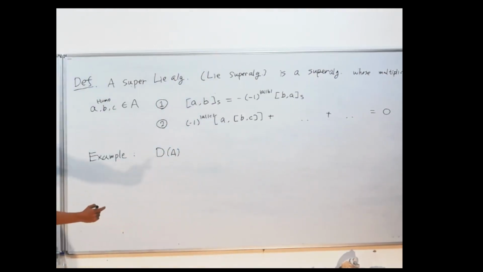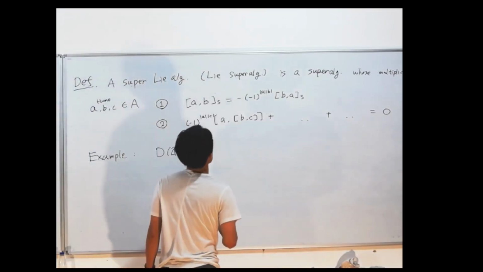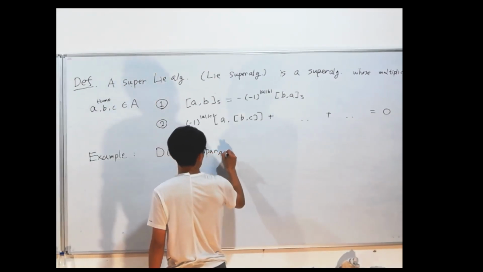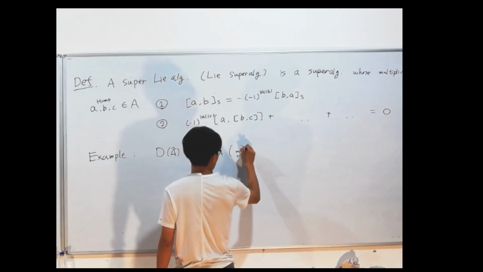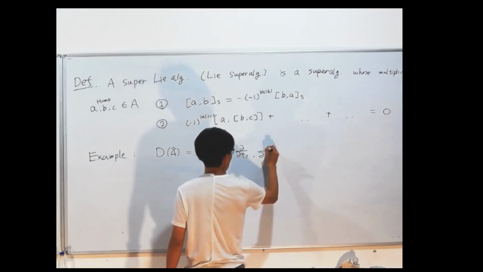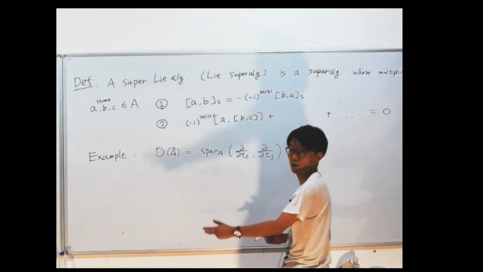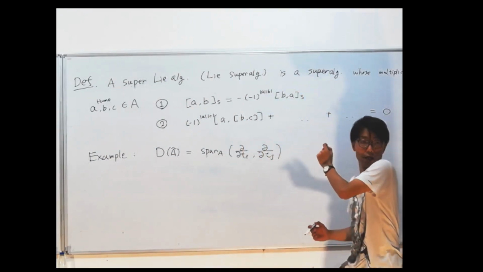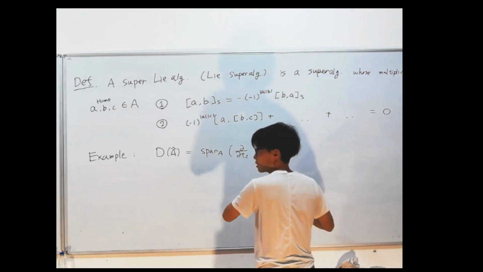Maybe I put some tilde, specifically meaning that A is not just a random super algebra. If you define this as the span of something like this, just one derivative, and you have any element in A in front of this guy,